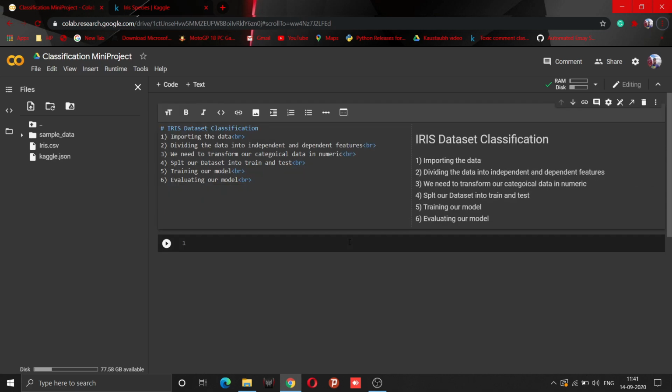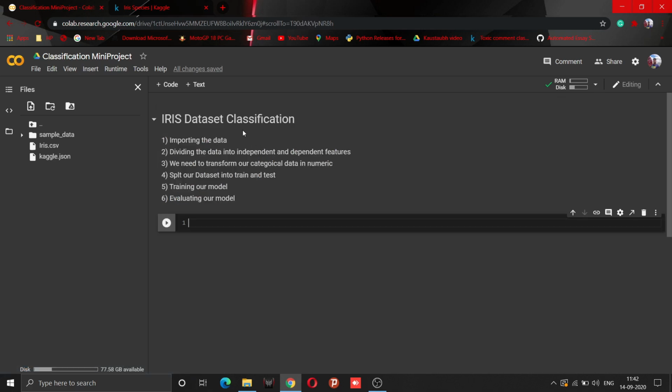So guys, here I have made some small changes in this markdown part. I have used one hash here, which means it's a heading. Hash indicates the heading, then BR to break the line. As you can see, it will look like this on the right side. This is the preview pane. So I will use Shift plus Enter to run this part. And now whatever I had written is displayed over here.